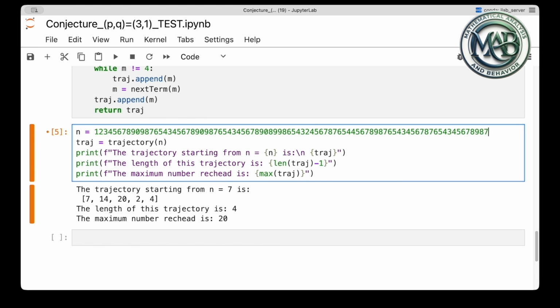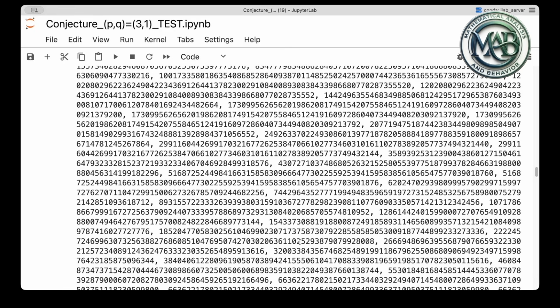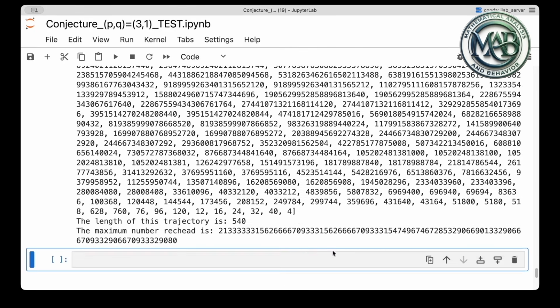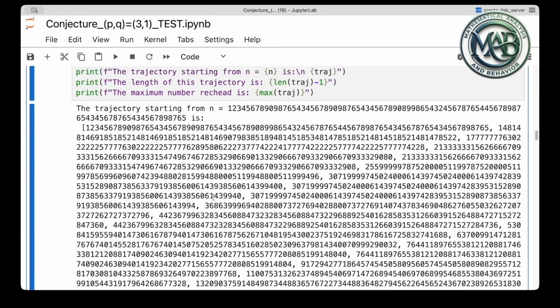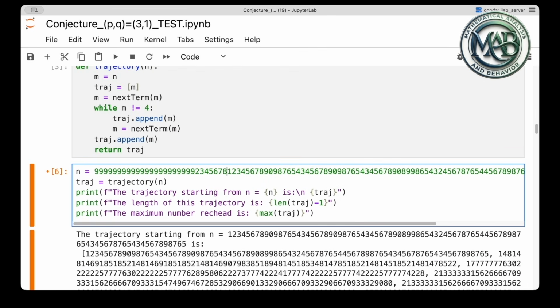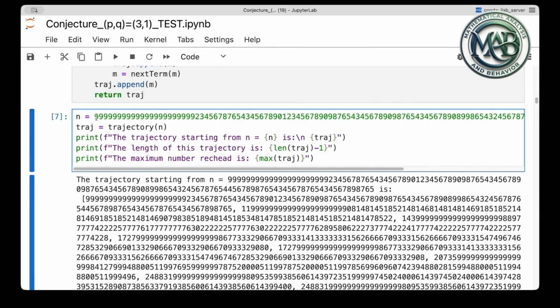As you can see, we have tested the code using both small and large numbers. Notice that, for all our tests, the sequence eventually reaches 4. For a large number, the trajectory may also be very long. It reaches 4 after more than 1,000 steps, and perhaps even more.